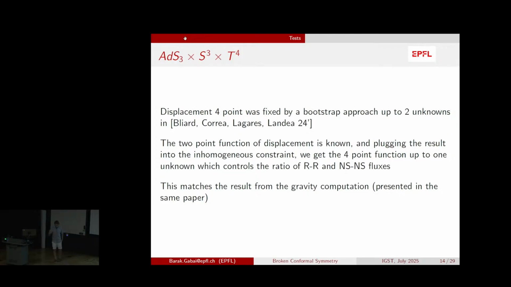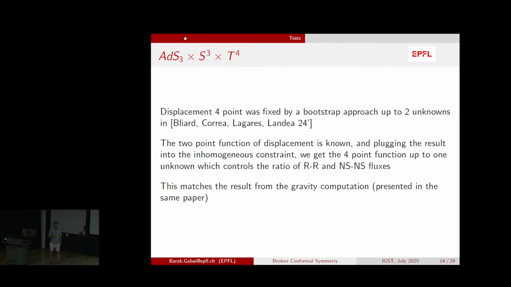One way to get the 4-point function of displacement is by studying fluctuations around this setup, and this 4-point function that you get satisfies these constraints. It's quite straightforward to test. But maybe one comment that I should make is that in this case, there is another way to try and